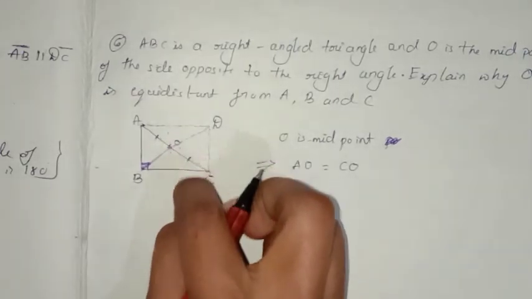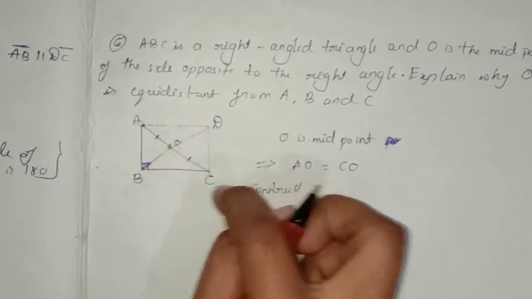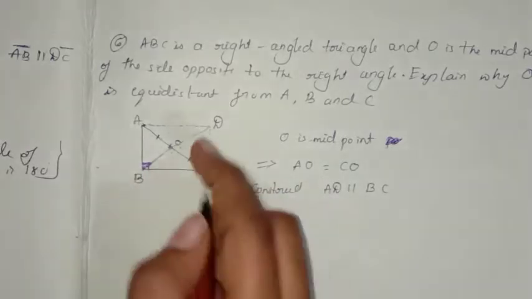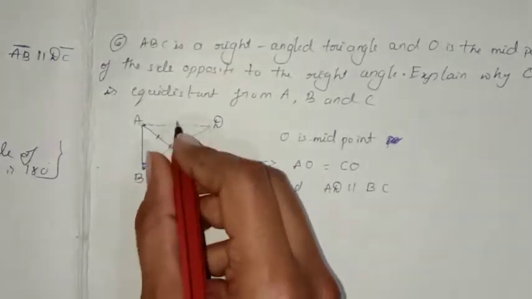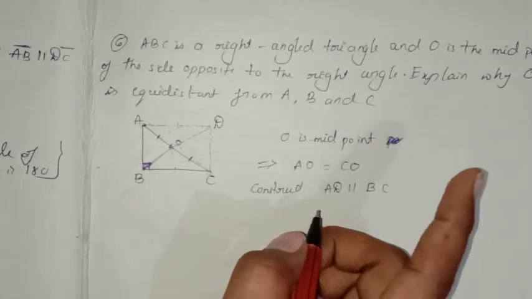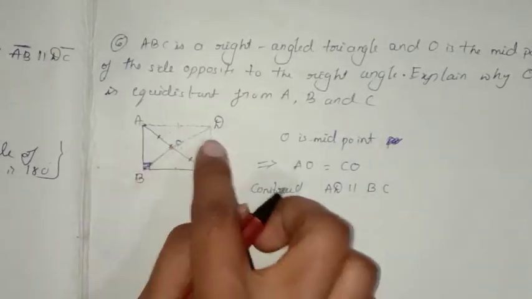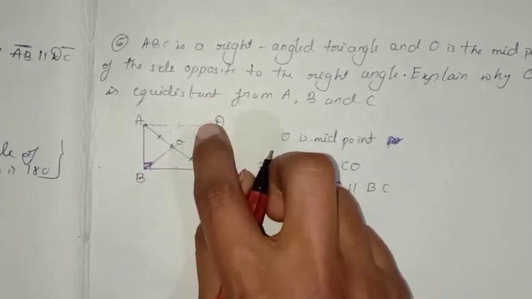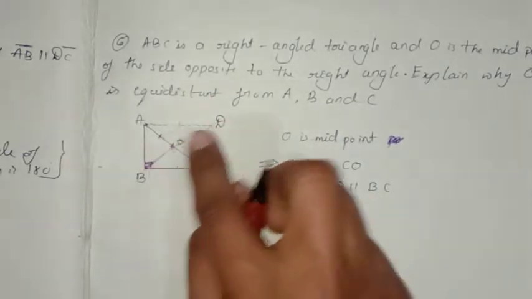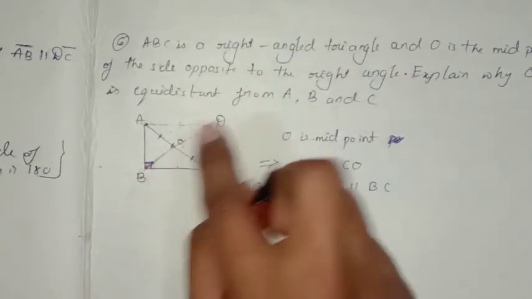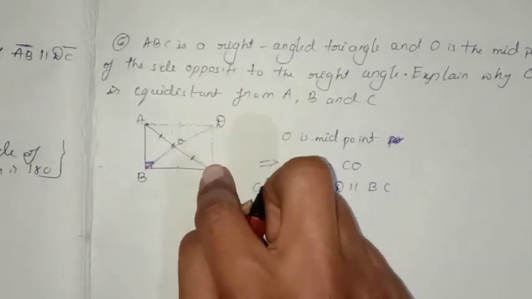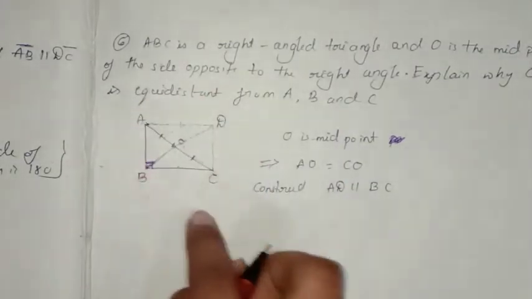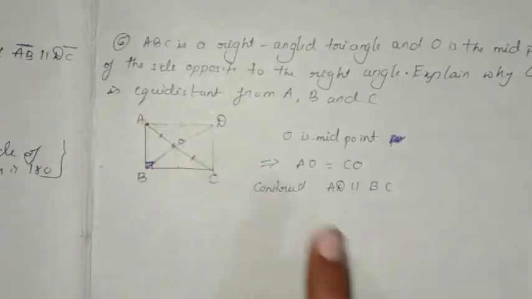So this one I will take as AD parallel to BC. Why? Because these sides will become equal. If these sides become equal, then we can draw the diagonal. Then these two sides will become equal to each other, because it is a 90-degree angle. Due to the 90-degree angle, as opposite sides are equal in a parallelogram, on that condition we can again say this angle is also 90. Then this will also become 90, this will also become 90. Then on the basis of all the sides, all the angles are formed as in a square.